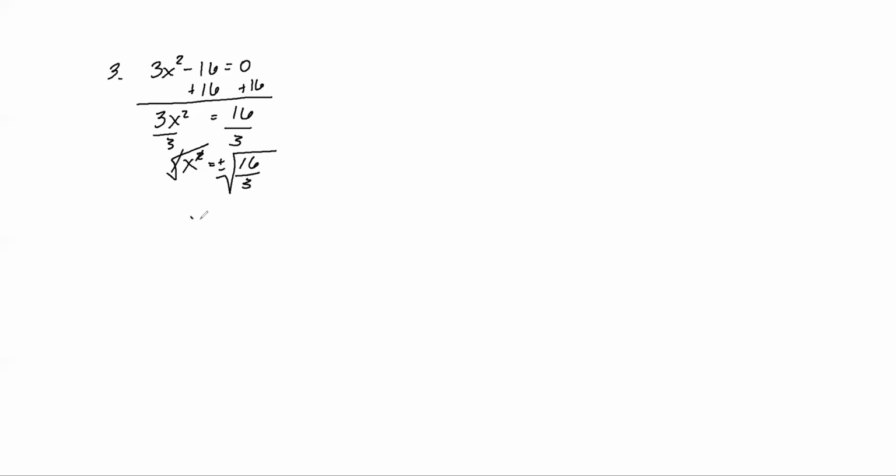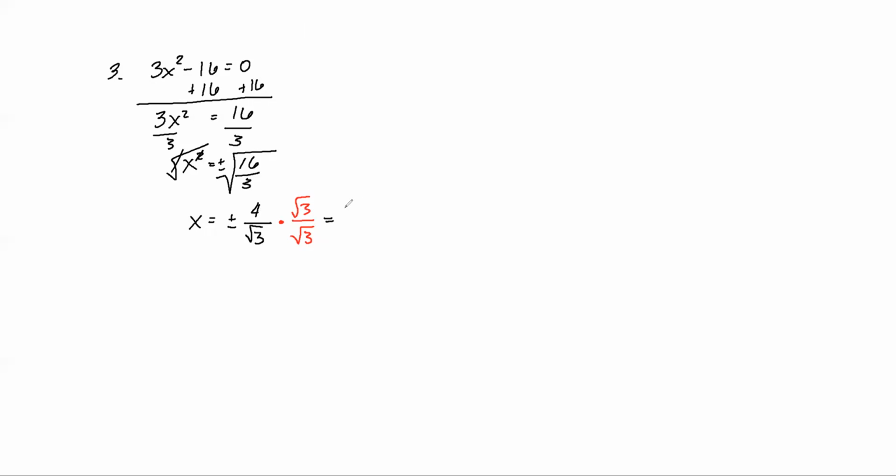So when we simplify this down, we're going to have plus or minus. Now the square root of 16 is 4, so we can put that up there, but we cannot take the square root of 3. So we'll leave that down there. But now if you remember, we do not like to have square roots in the denominator. We want to go ahead and rationalize. And if you remember, when we rationalize, we multiply by the radical that's in the denominator. And so if we multiply by the square root of 3 over the square root of 3,